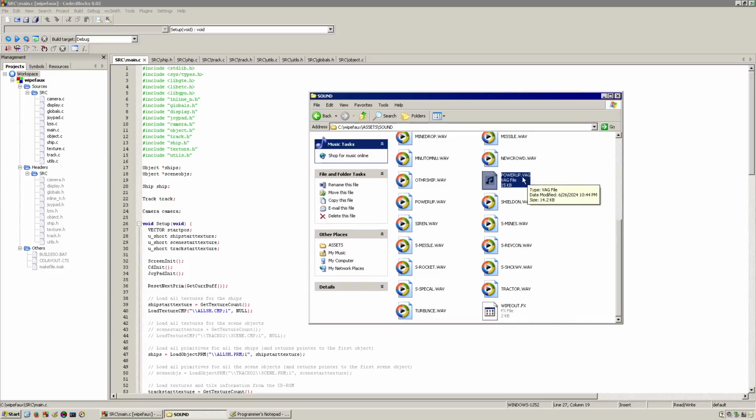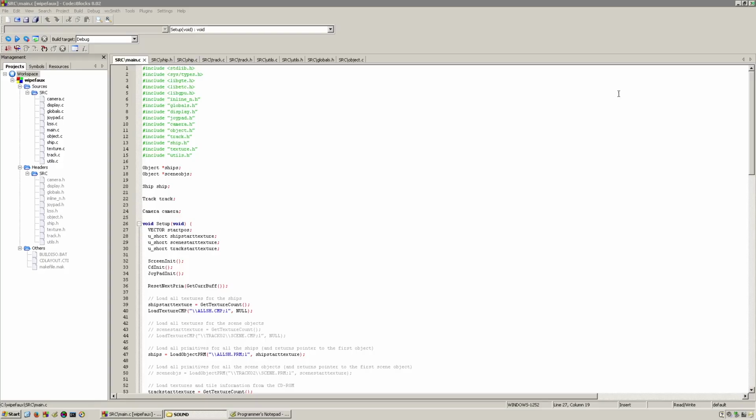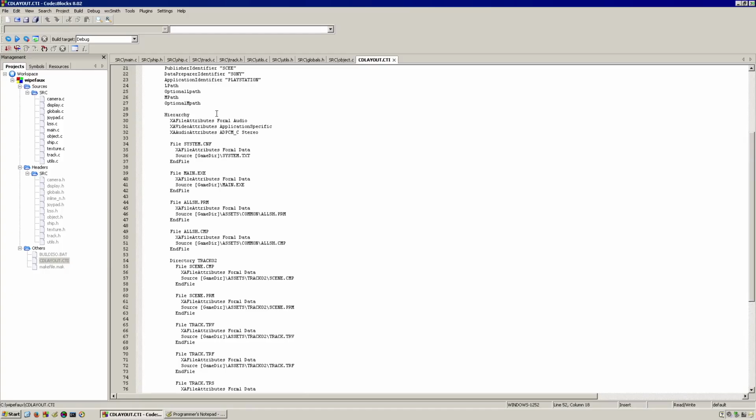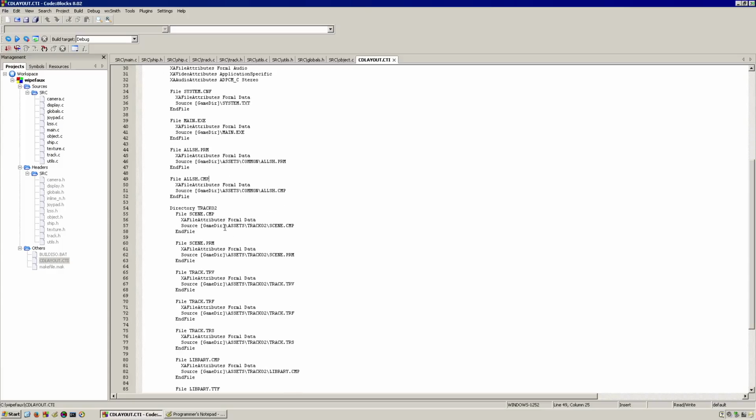powerup.vag. And let's just go ahead and include this file in our project. So we have to go to our CD layout, CTI, and let's add it to our track. So hierarchy, well, maybe we don't even need to add this one to one track. We can add it as kind of a common one, right? So right here, at the same level as this all ship CMP and PRM, let's just add a